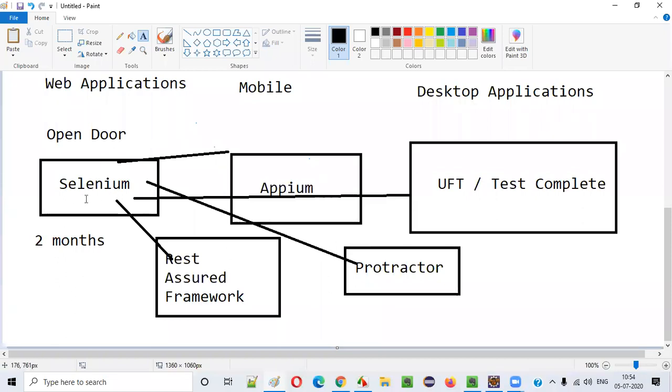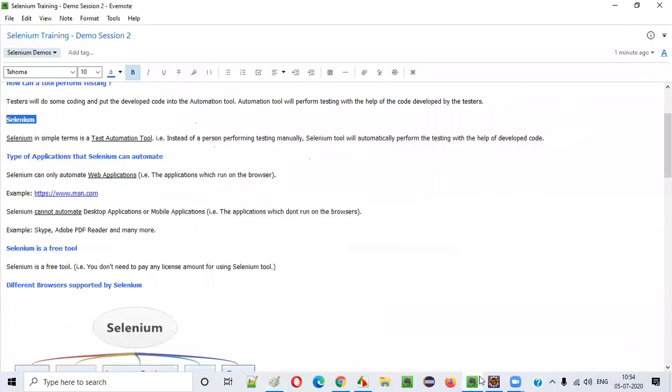So if you start learning with Selenium, and at the same time it's an open door, mostly used tool in the market in the projects, and thereafter you can improvise your skills in automating the mobile applications, automating the desktop applications, automating the AngularJS applications, automating the APIs, all those stuff by learning many number of tools in the future. But once you learn Selenium, every other thing will become pretty easy, guys. Like a cakewalk, you can go afterwards.